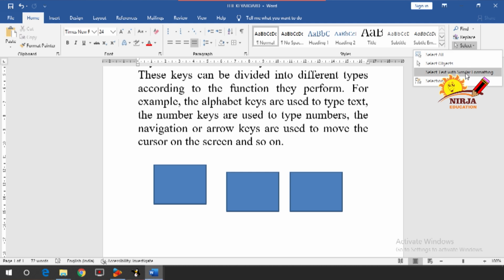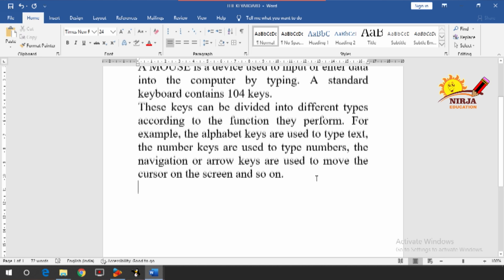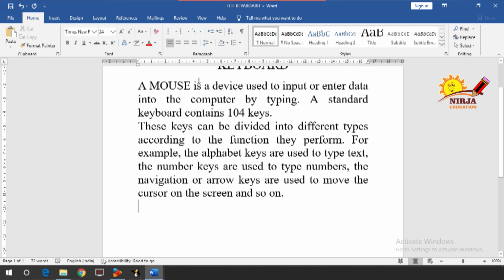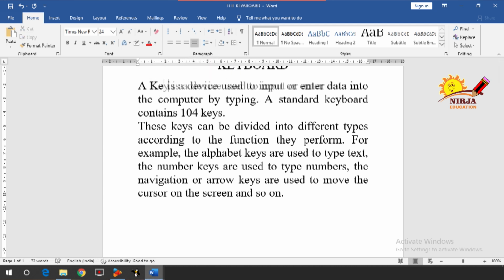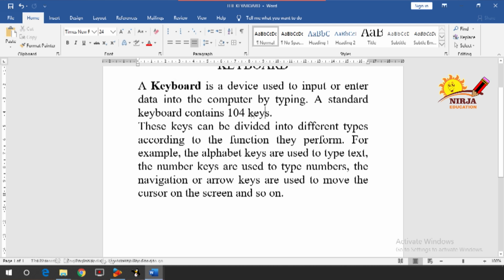Then Select Text with Similar Formatting. So let's say I am going to give a formatting to the word keyboard here. So I will keep it bold.